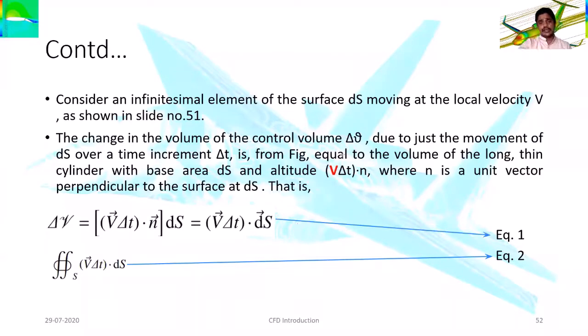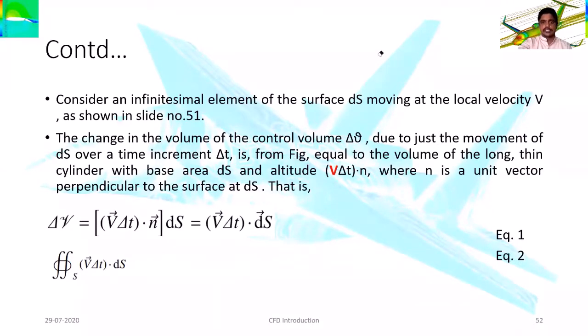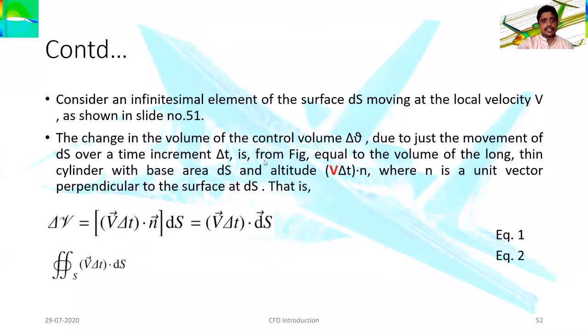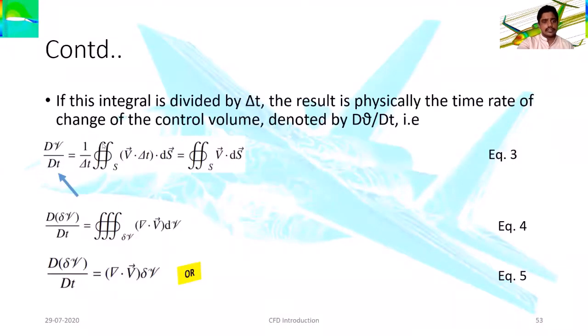So now my interest is on the entire control surface which is presented in the previous figure. Let us go further to what exactly we are interested in. We are converting the small elemental control volume, the small elemental surface, into the volume here. So in the equation in the previous slide, delta V, the small elemental volume, is converted into the surface.